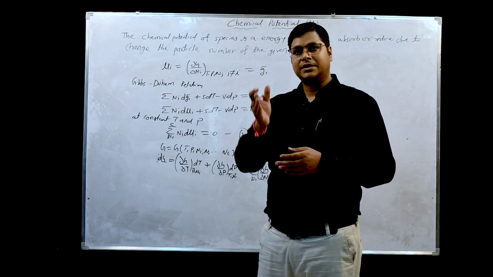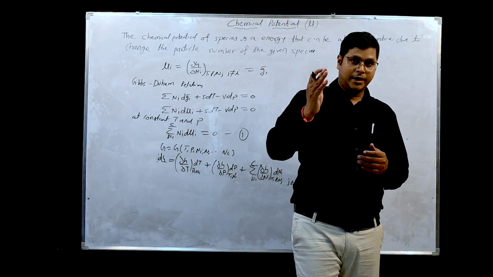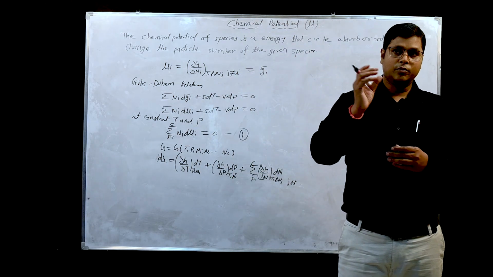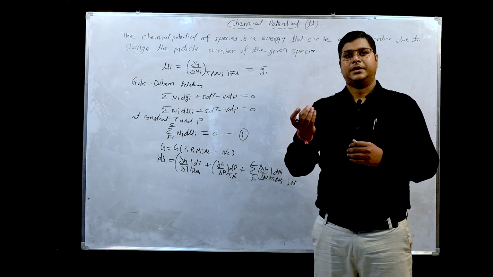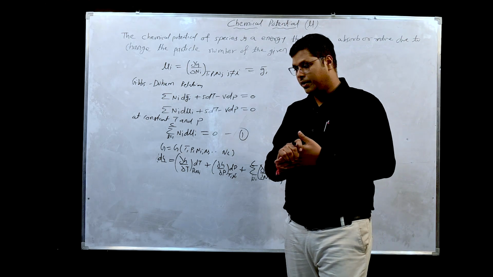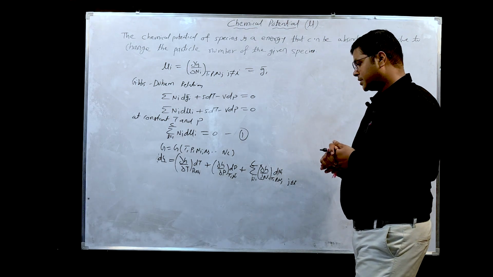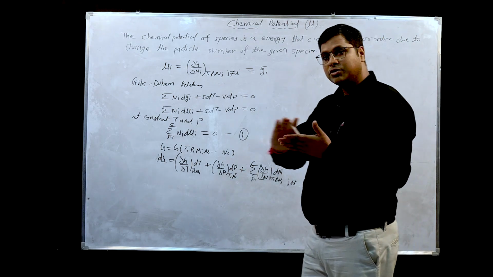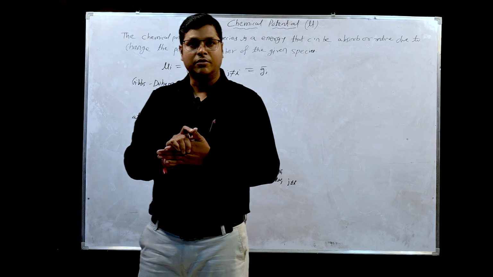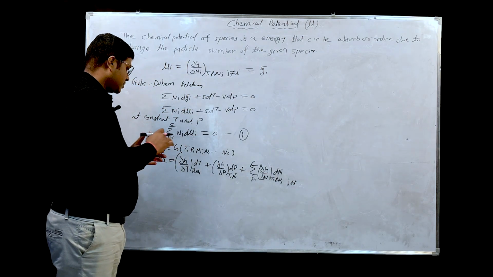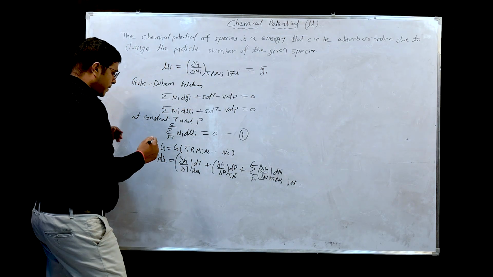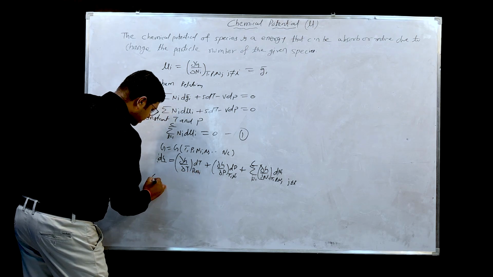But let's divide that system into two parts, and in that system both phases exist, that is the liquid phase and vapor phase. In such cases, because it is isolated, there is no change in temperature or pressure, so we consider it constant temperature and